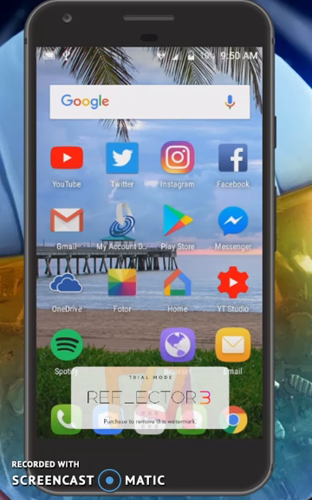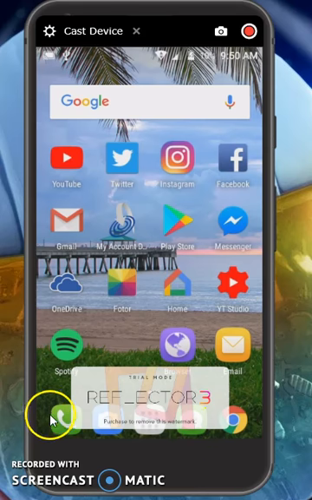If you want to record your phone screen, you can do that easily. Just go to a recorder called Reflector. I'll put the link to it in the description below. All you do is download this Reflector app onto your computer, and then once you download the Reflector app, all